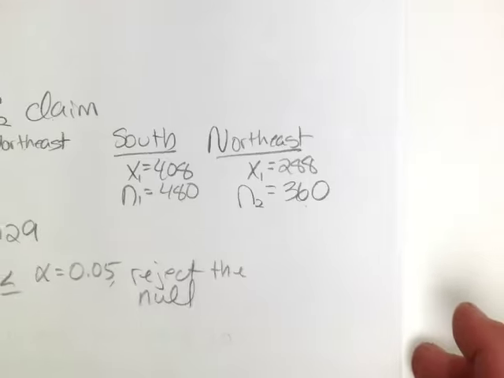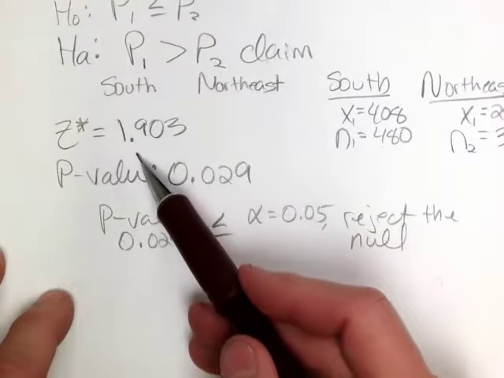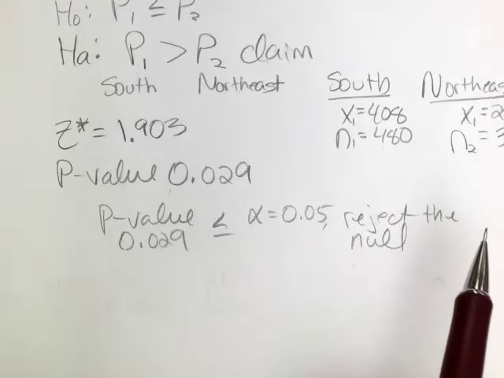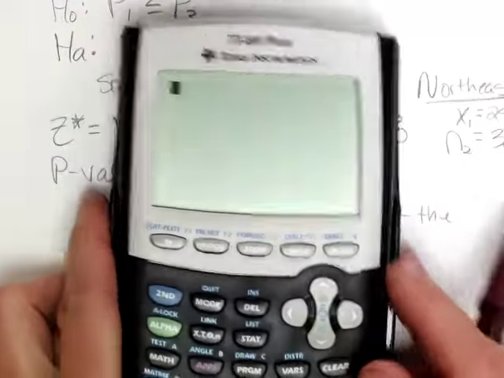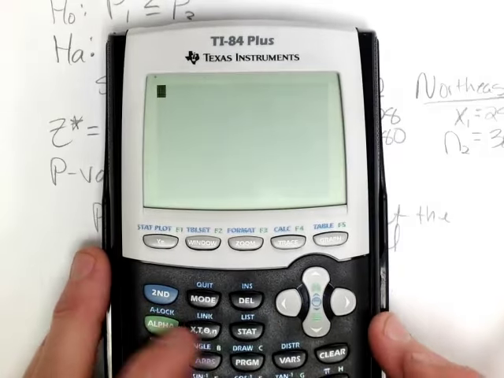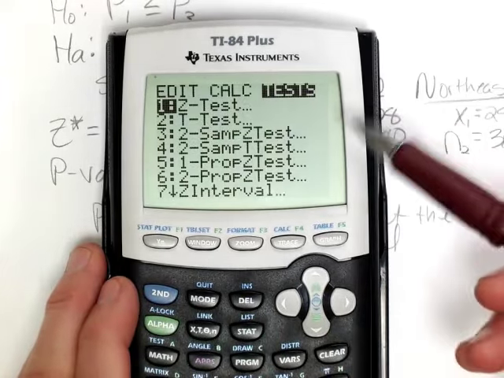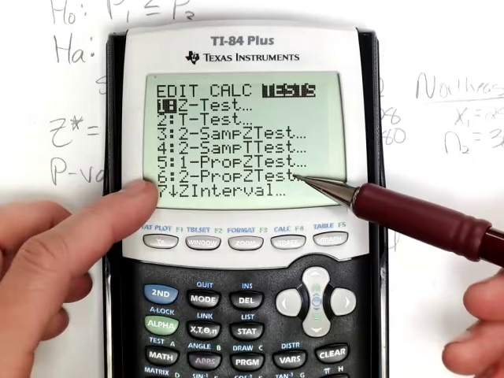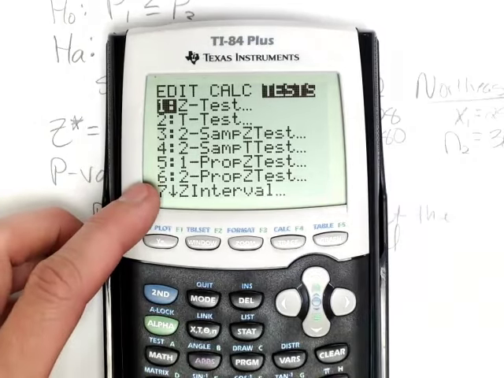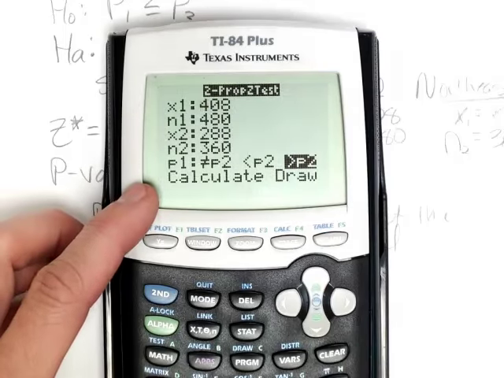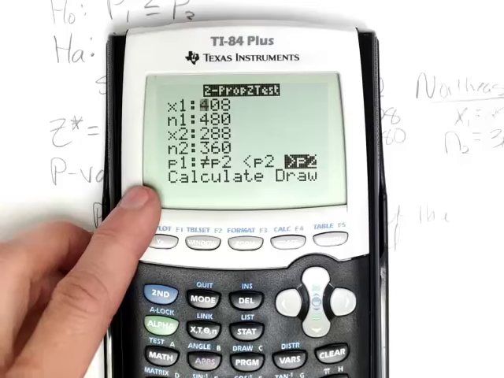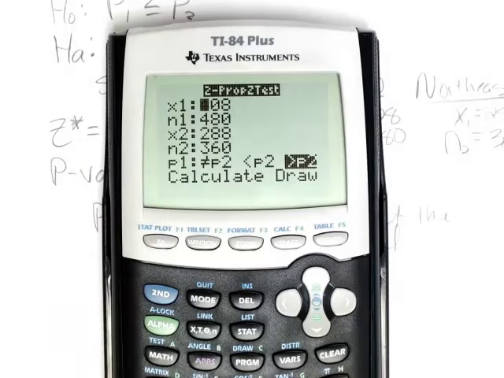Okay, so to get the test statistic and p-value from the calculator, we press STAT, right arrow over to TESTS, and we want to select the 2-PropZTest. Now, I didn't do the step where we check the assumptions, where we have to find the pooled proportion. I did that in the previous example, so I just went ahead and did this test assuming those assumptions had been met. However, I do ask for that in your lab, so make sure you understand how to